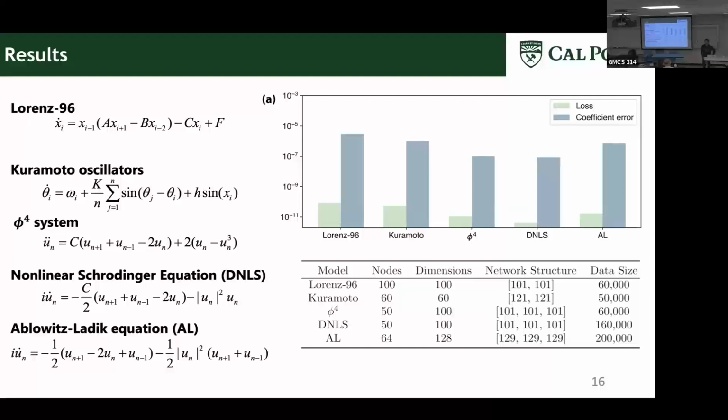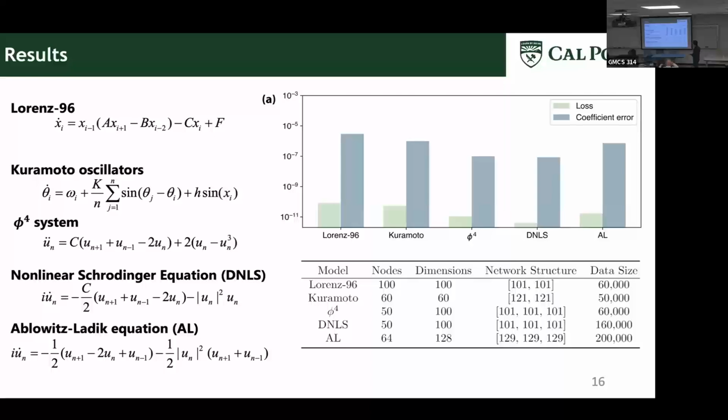So are these indices indexing a multi-dimension system? Are they time indices? I don't understand where you have the time on this. Those are the indices of those state variables. Okay. So it has nothing to relate to time. There's no range on them, so it's awful hard to tell. Yeah, this one we have like 100, so 100 nodes, and this Kuromoto oscillator we have 60, and the 5-4 here is 50, and this is 50, and this is 64. Okay, so that's the dimensionality.